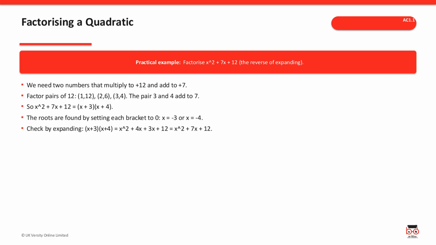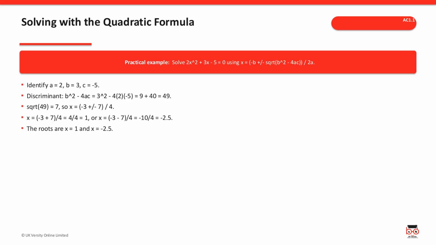minus 4. When a quadratic won't factorize neatly, the formula always works, which is handy for something like a break-even calculation. Let's solve 2x squared plus 3x minus 5 equals 0, where a is 2, b is 3, and c is minus 5. The discriminant, b squared minus 4ac, comes to 9 plus 40, which is 49, and the square root of 49 is a tidy 7. So x equals minus 3 plus or minus 7 all over 4, which gives x equals 1 or x equals